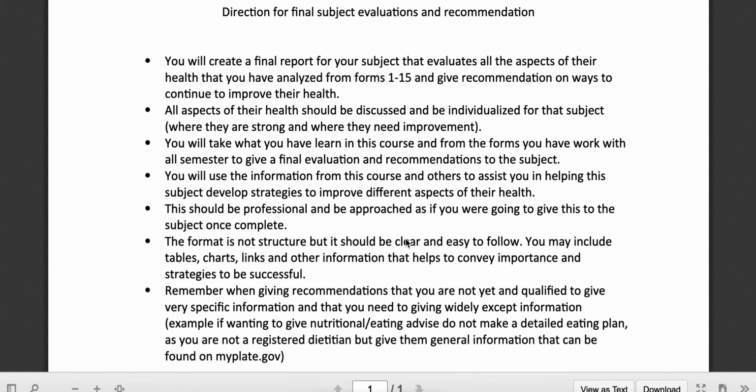But you can still include things like your tables, your charts, your links. There definitely should be text in there describing that. Anything that helps to convey the importance and gives them resources to be able to change that behavior and be successful. The biggest thing I want to make sure that you recommend for this final report is that